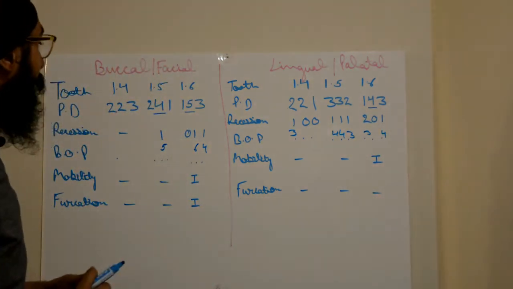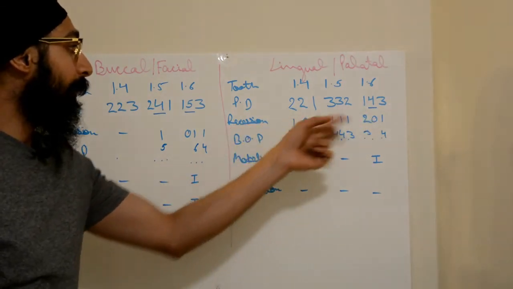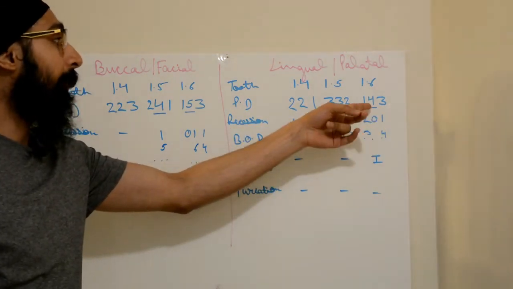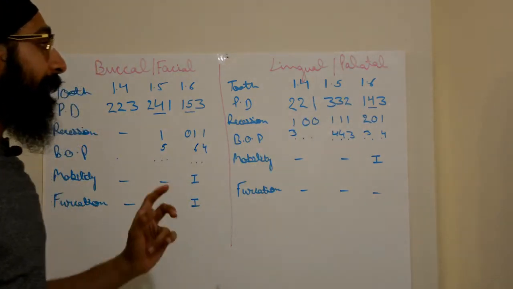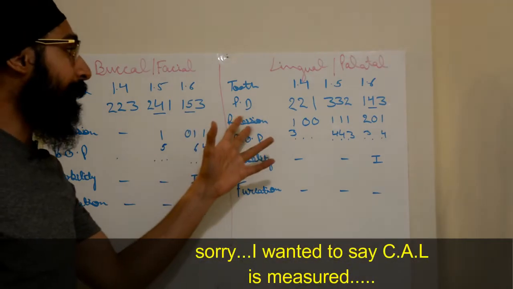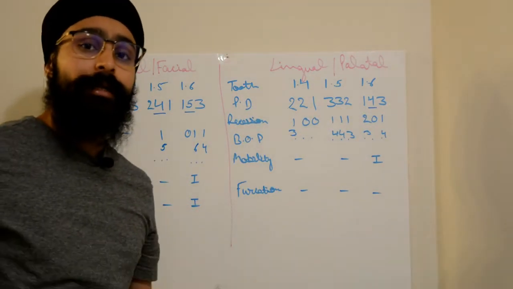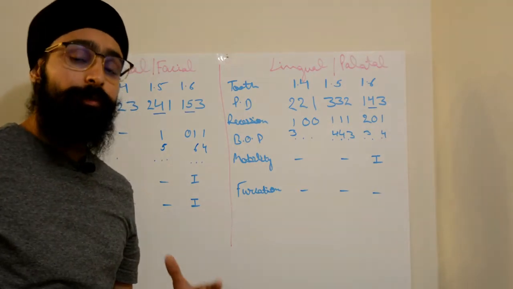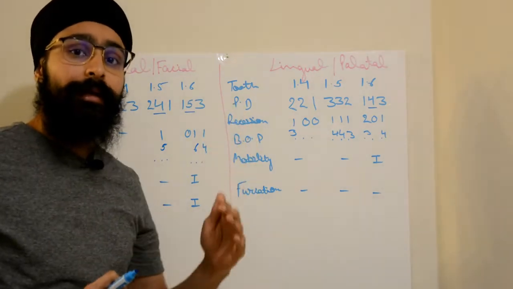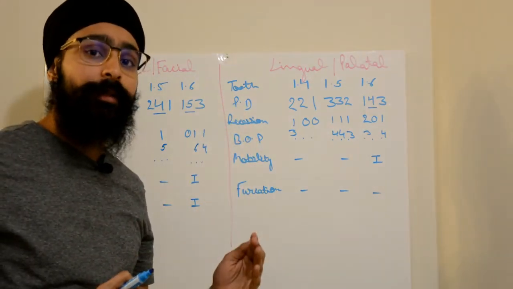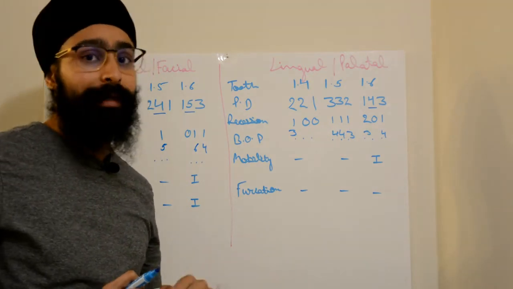But here no recession is present, but probing depth is 4 millimeter. This means that at this point the marginal gingiva is present above the cemento-enamel junction. So in that case the probing depth was measured by subtracting the distance between the gingival margin and the base of the pocket from the probing depth.